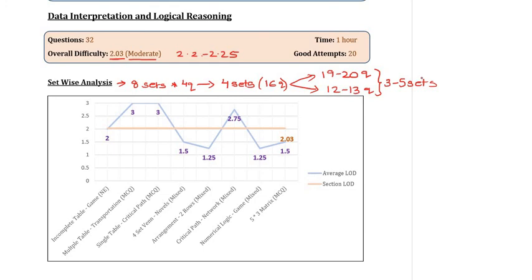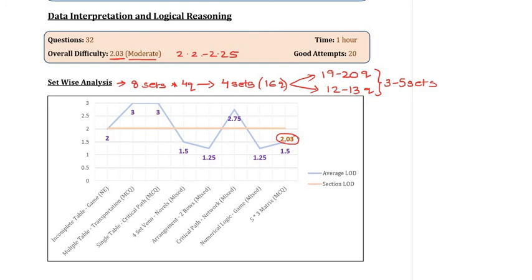Now yes, please keep in mind that which set is easy and difficult will also partially depend on your comfort level with that particular subject matter. But broadly, there will be some sets which are by default easier and some which will involve a lot of effort. So when we look at this particular mock, we observe, as we said, that the average difficulty was just more than 2, which was